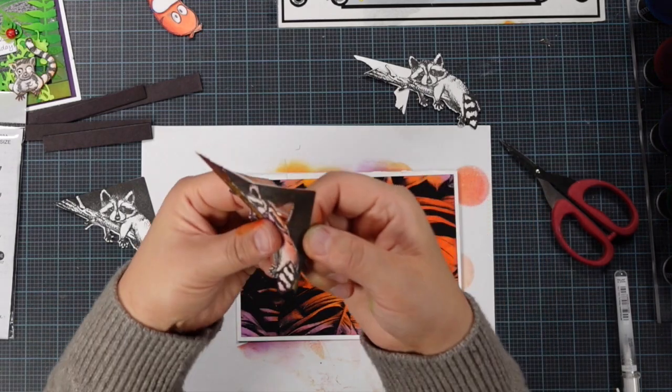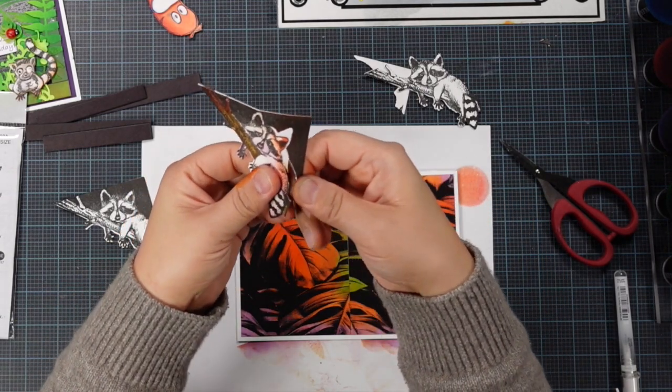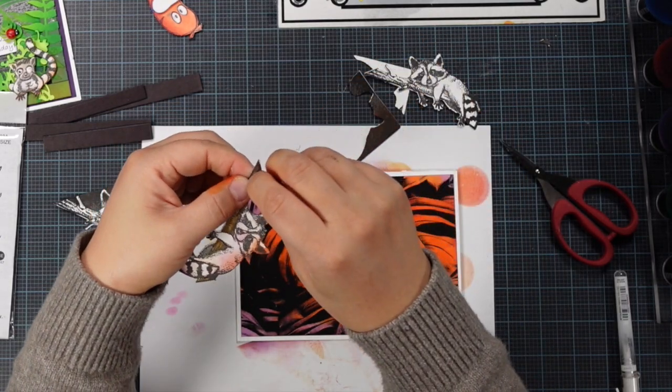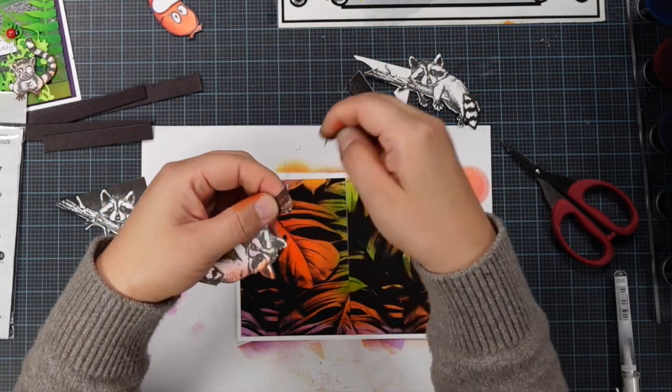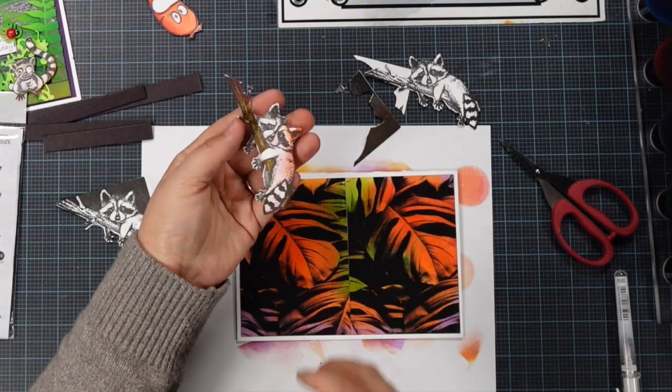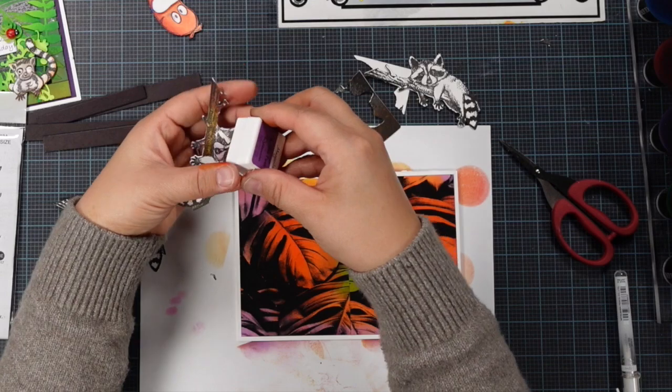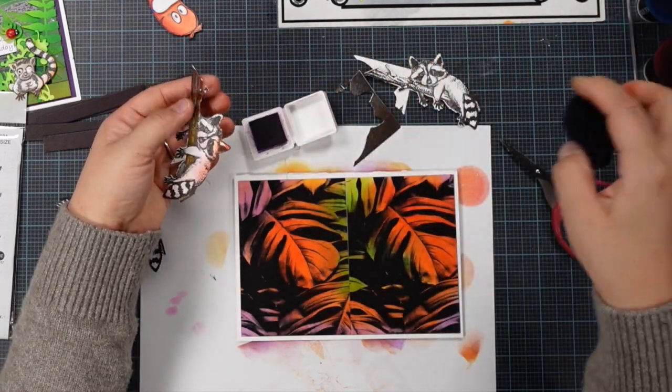I think I'm going to lose it, because I want to use all the leaves, right? So the option is over there, you decide whether you want to do that or not. And then I am going to give a little bit of touch up to that purple to make my raccoon more